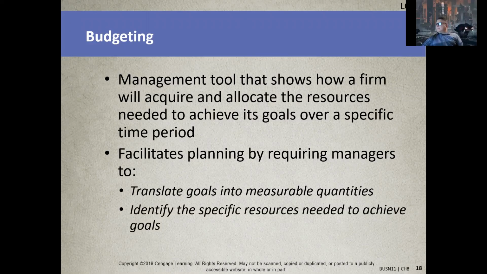Okay, they also identify specific resources needed to achieve a goal. New house, new manufacturing facility, new drill, new trucks, new networking, new internet, new intranet, new computers, all this stuff that you may need to grow a company and budget out for, or just to run your company. We don't have to talk about growing, just to run your company on a regular basis, because as you go on,